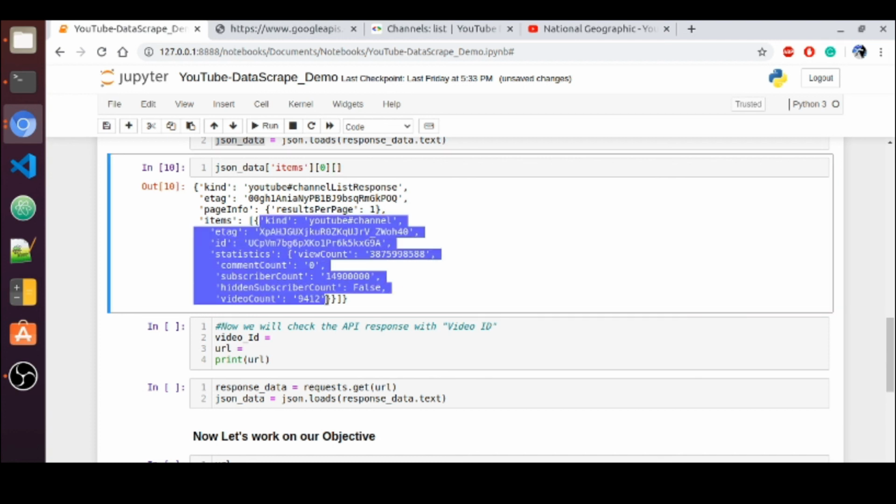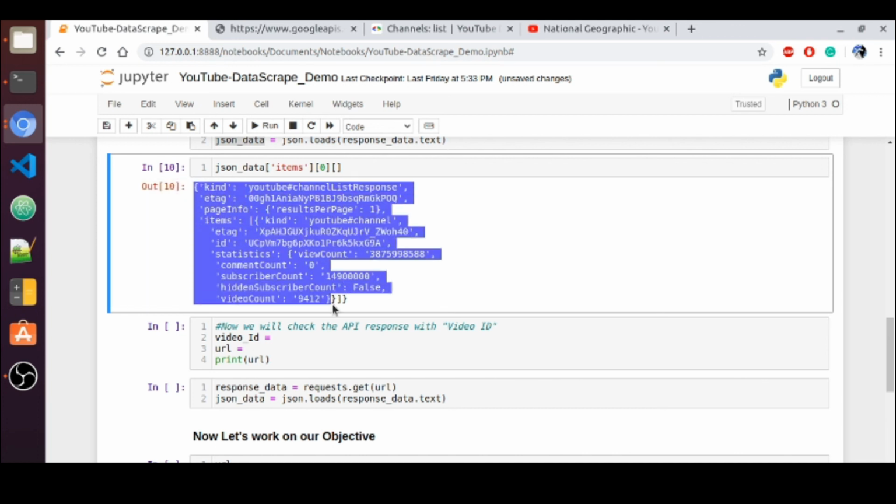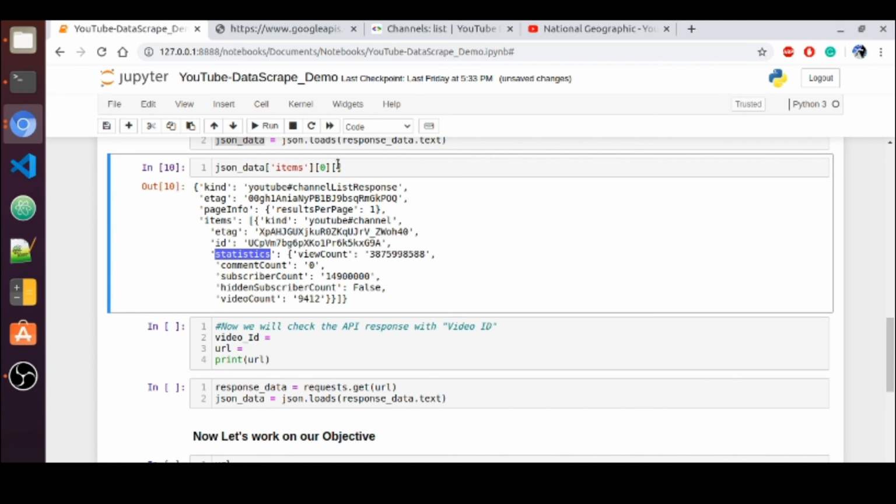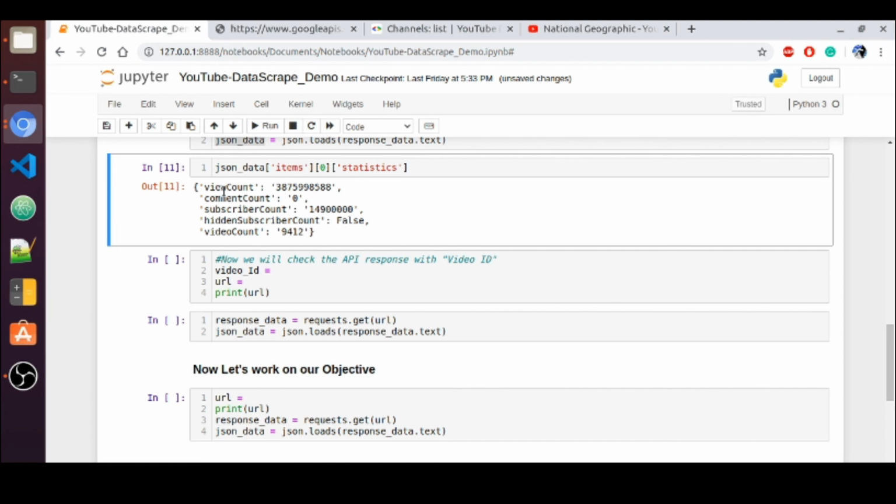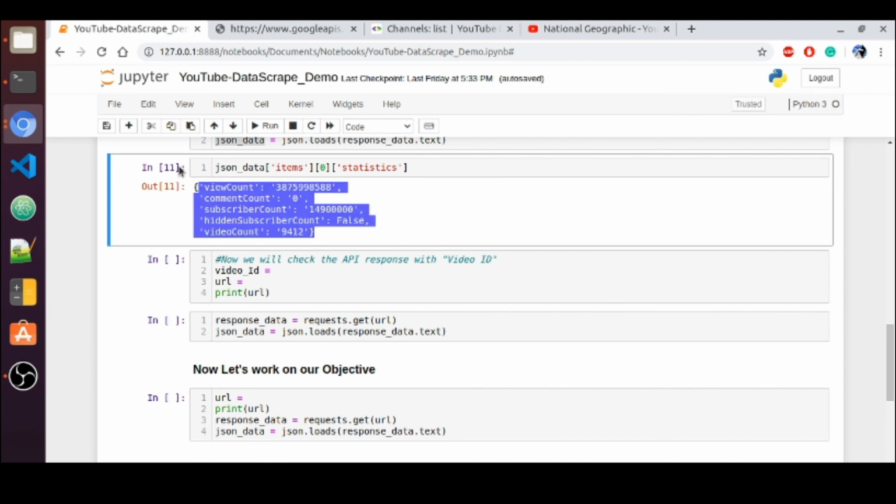This is small Python stuff, but we have to observe this data to access the particular field in it. Let me give statistics here as a key, and we can access the data field we are interested in. That's okay. Let me delete this cell.